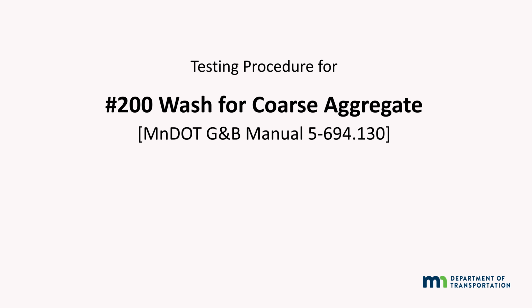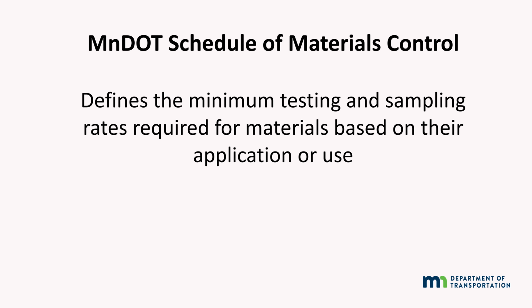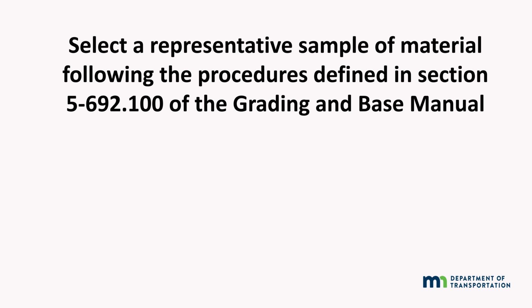Testing procedure for number 200 by washing. The MnDOT Schedule of Materials Control defines the minimum testing and sampling rates required for materials based on their application or use. Secure a representative sample following the procedures defined in Section